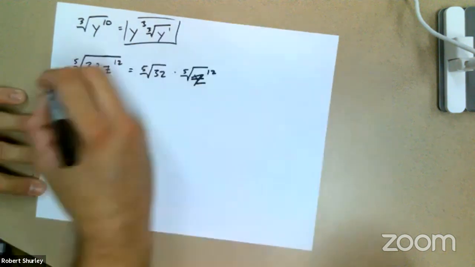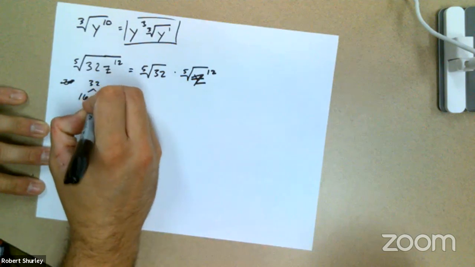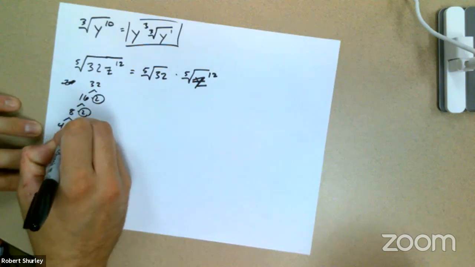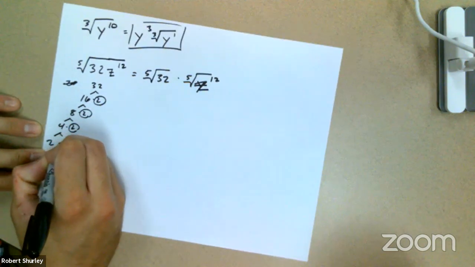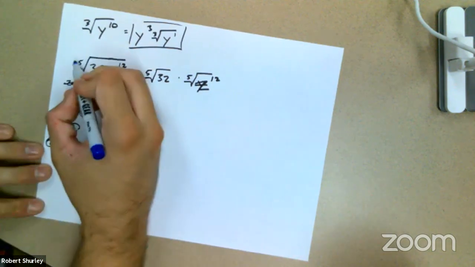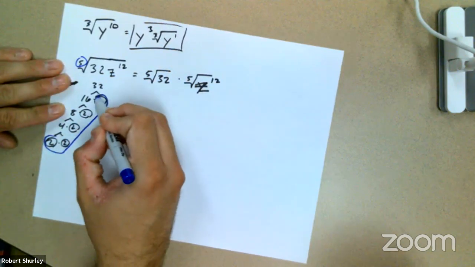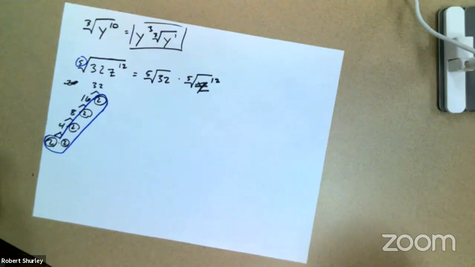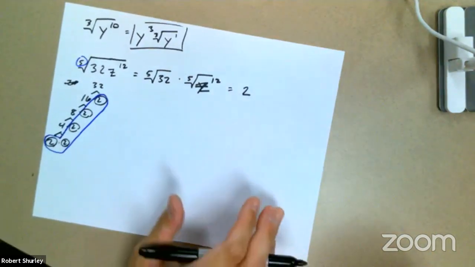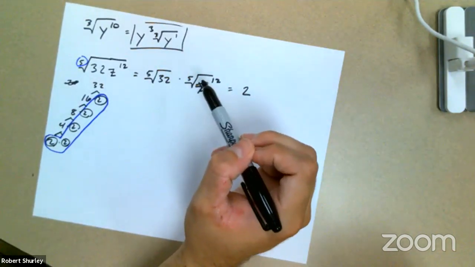So the 32, it's a lot of 2's. 16 times 2, 8 times 2, 4 times 2, 2 times 2. Okay? And hopefully we have 5 of them. 1, 2, 3, 4, 5. Yeah, we got 5. So that turns out to be just 2. The 5th root of 32 is just 2. So we don't have to worry about a radical there because we took the entire 5th root of that number. There was no leftover